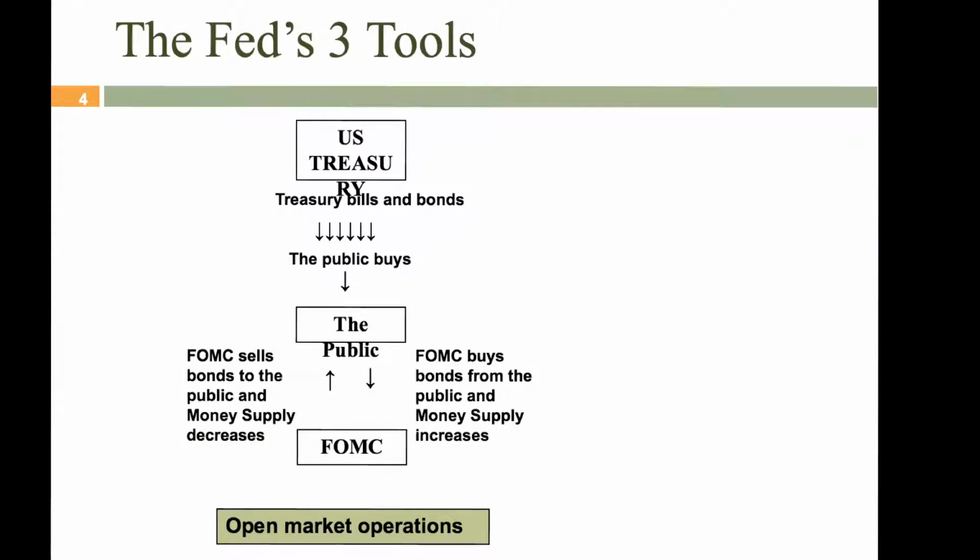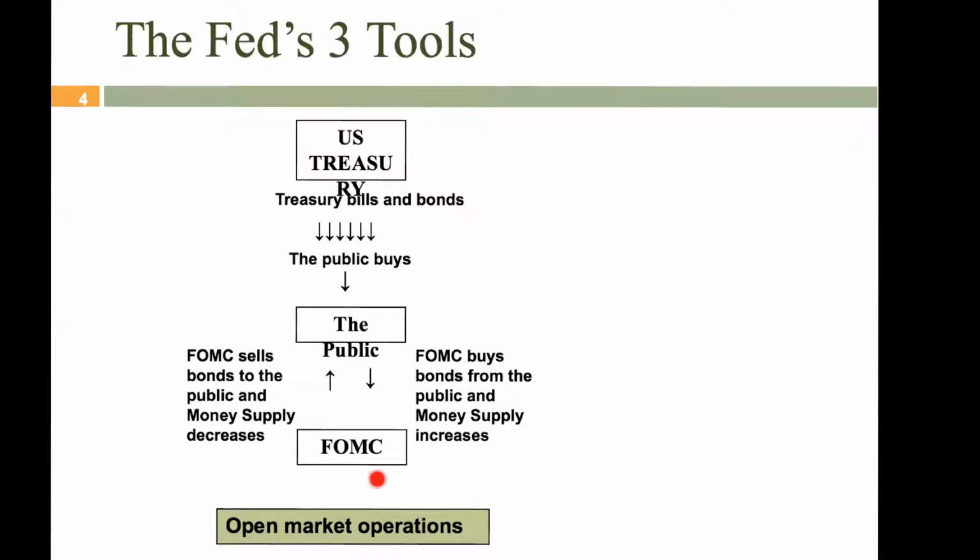So you're going to want to think about that a little bit. And it doesn't hurt to have to think through the steps each time. But basically what we're seeing is that when the Fed gives the order to sell bonds, the impact is to decrease the money supply. All right, just to be clear, if the Fed, FOMC gives the order to buy bonds,